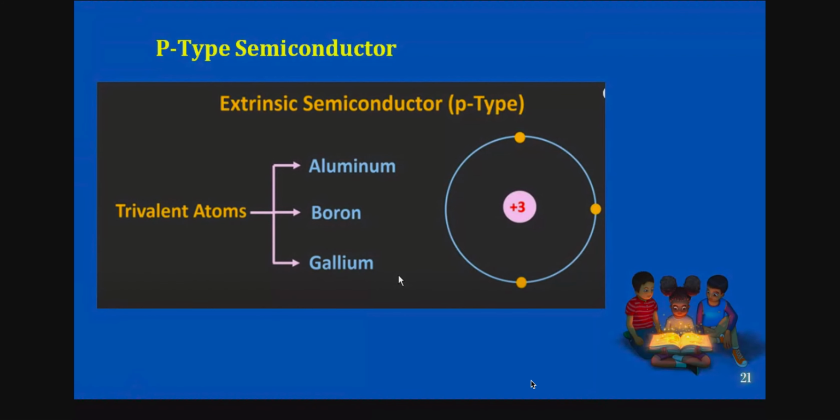So you're saying impure semiconductor. Okay. Now let us take the two elements. Basically the default one you can choose is silicon, right? Coming to here, you take aluminum or boron or gallium, which are trivalent atoms. Okay. If such types of atoms are doped with silicon or germanium, what happens here? So let us see the mechanism. Okay. Taking the trivalent atoms, they contain only 3 electrons in their outermost orbit.